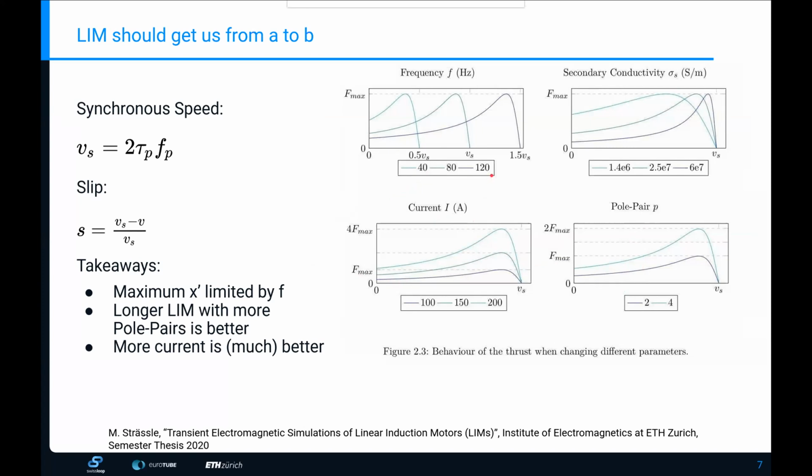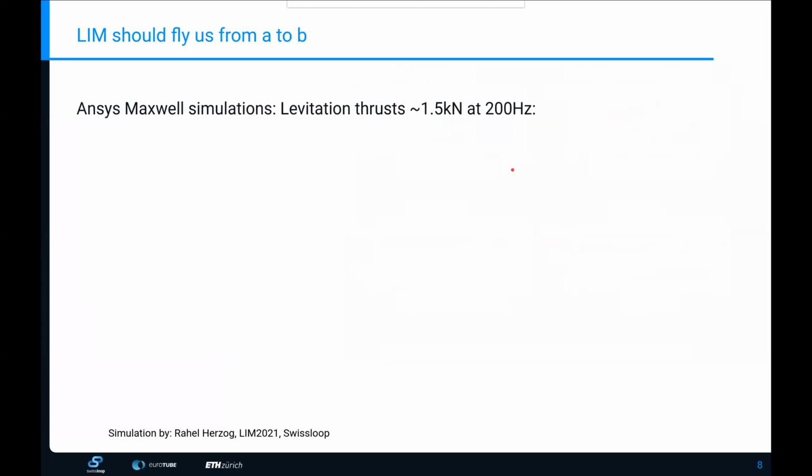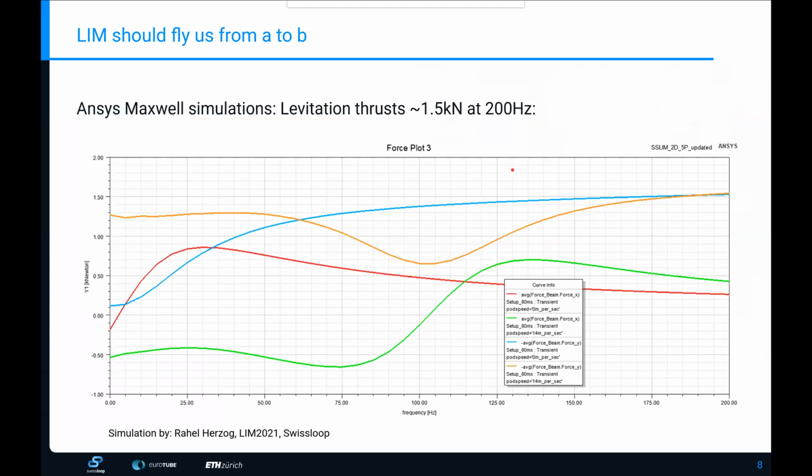Of course, this doesn't mean that we can just infinitely increase any of these quantities. Unfortunately, we are limited by many different factors, but it's just nice to know that we are trying to maximize all of these and then looking at the forces that we can generate with the maximum values. Also, because the topic of today is a levitating linear induction motor, we want to actually be flying on our way from point A to point B. And this means that we have to generate some levitation thrusts that can overcome the gravitational force that's pulling the